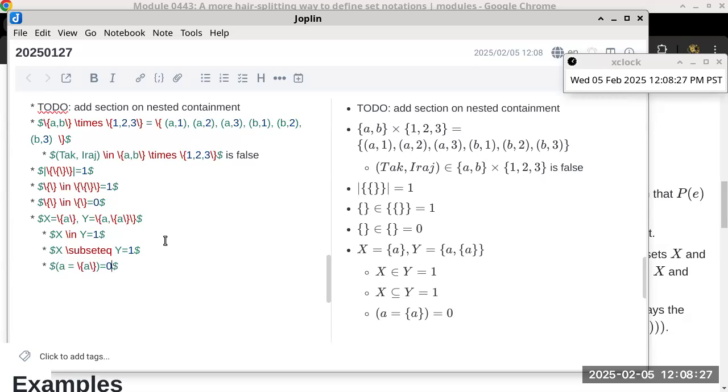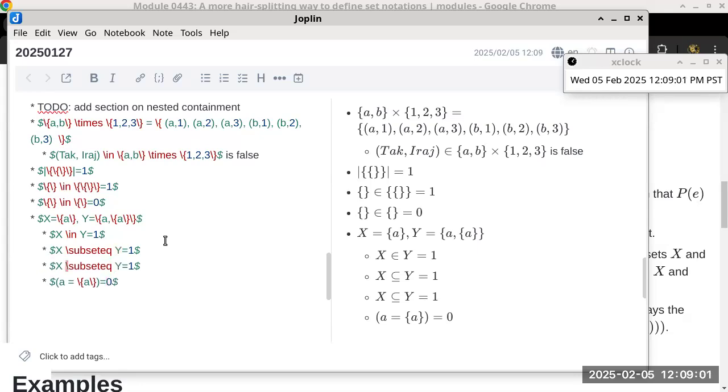So if we are asking whether something is in another set, we are asking whether that whole thing is found as one element of the set that we are concerned about. Okay. In what case? Yes. So in this case, it is also a proper subset. So that means we can also say that